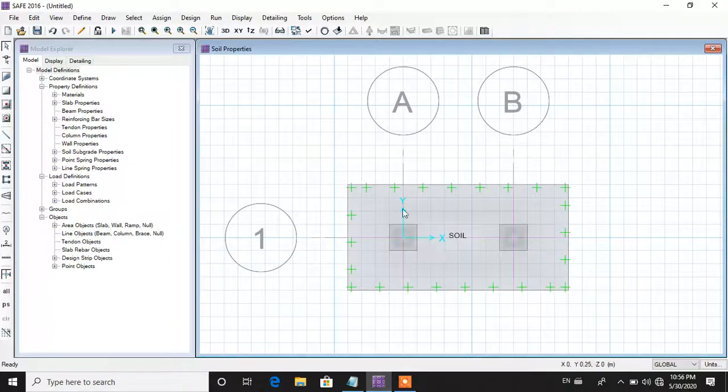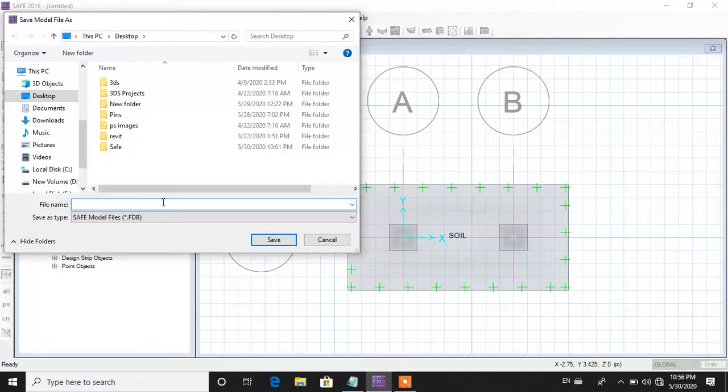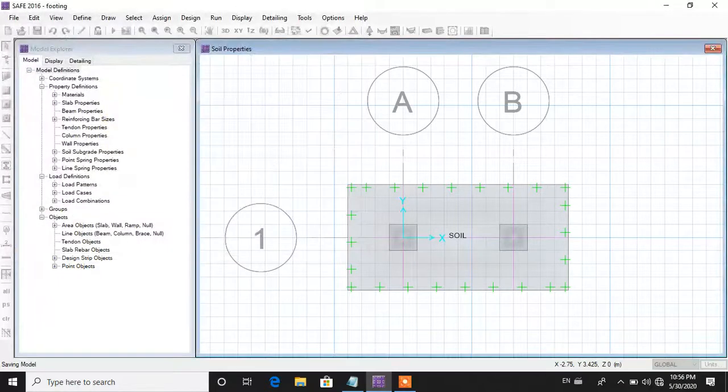So we have to now run analysis for this footing. Just click on run analysis. Save this footing, give any proper name, and then analysis data is being run.